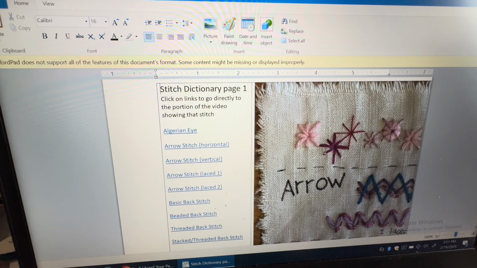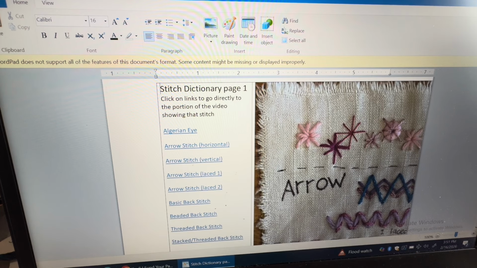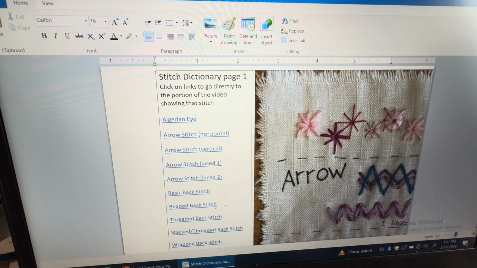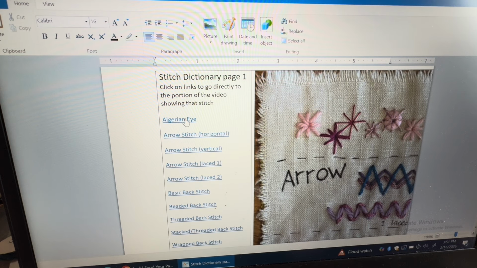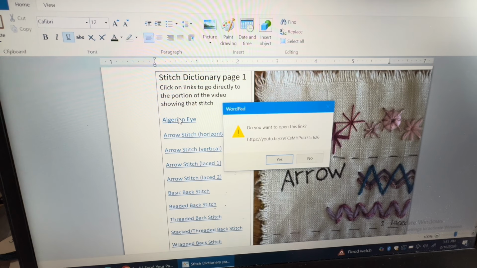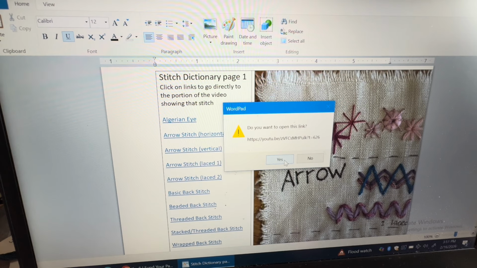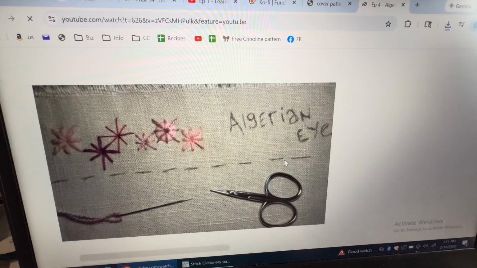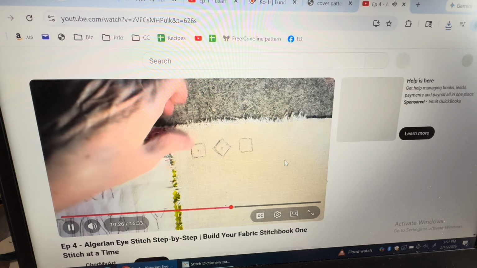Alrighty. This is a Word document. WordPad does not support all the features. Okay, let's close that. So here it has links to the Algerian eye. You see where my pointer is? And I'm going to click that link. And it says, do you want to open this link? Yes, let's open that link. And here is